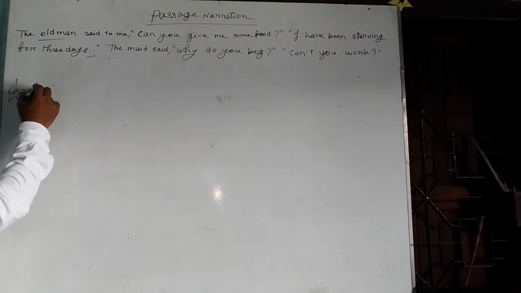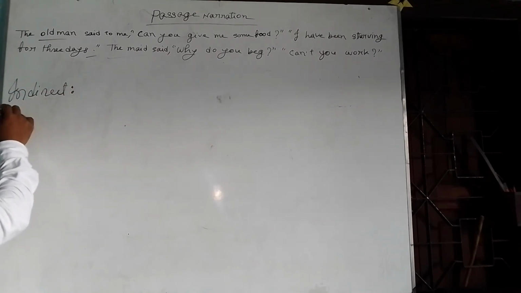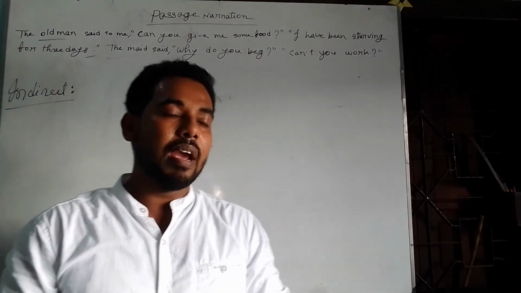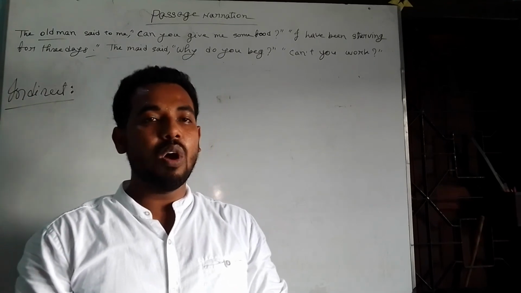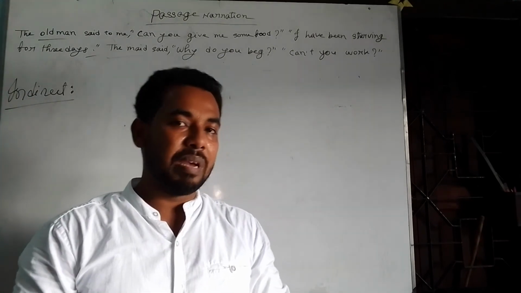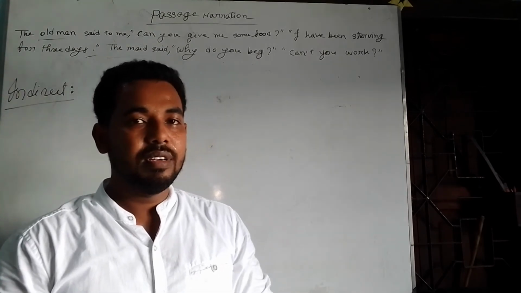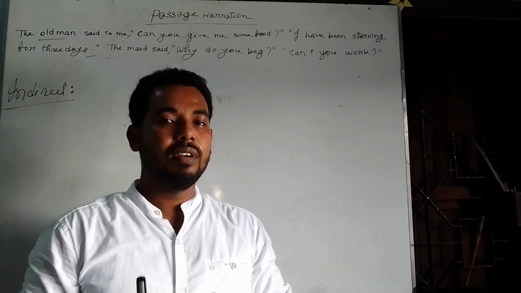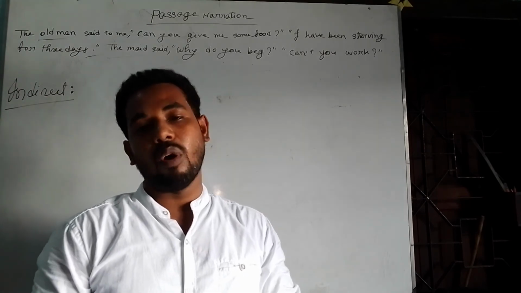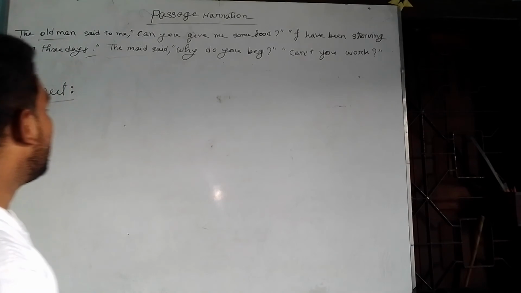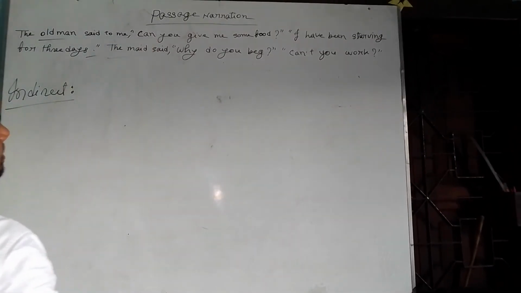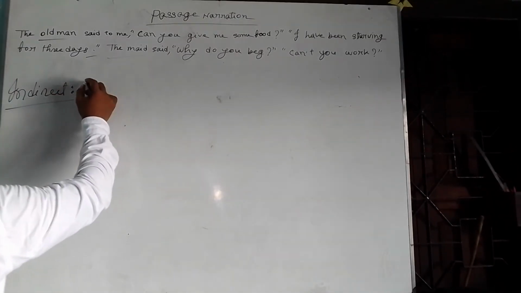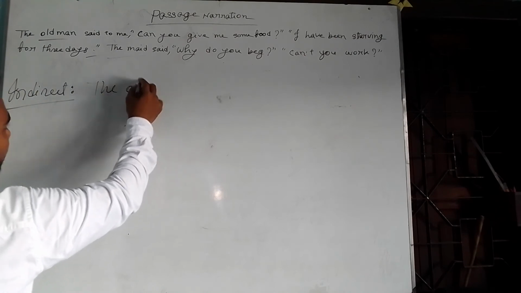Just student, I am going to do indirect. The repeating part can be in the middle of the sentence or in the middle of the passage. But when you do indirect, you have to write the repeating part, subject and object at the beginning of the sentence. So, dear student, as this sentence is interrogative, I will write here the old man